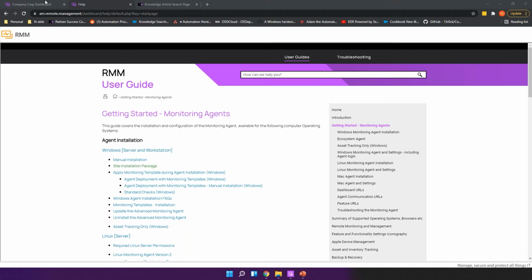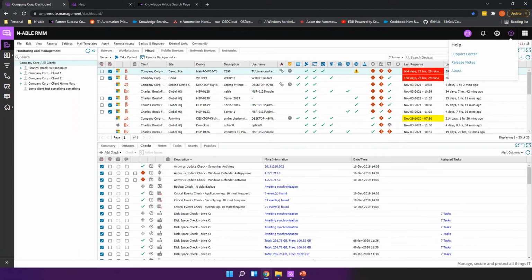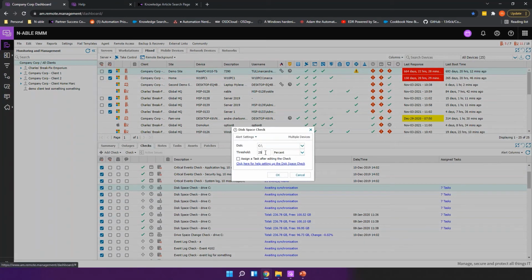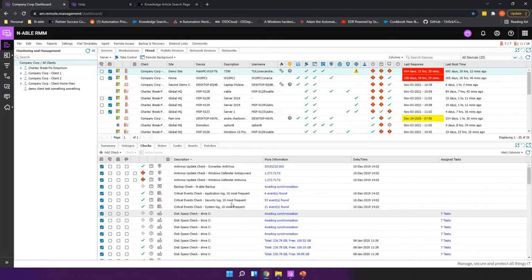But if we cover some of the very, very high level basics for anyone on the call today, since you're asking, a few of the basic things that you should do is try to templatize. I don't know if it's a word, but whatever. You should try to templatize your deployments as much as you can. And what I mean by that is that if you know for your customers that you want to change the disk threshold to 10%, so basically what you do is you come here, you right click, you say edit, you just put it to 10% and say okay, right? No biggie there. Once you do that, what you then need to do